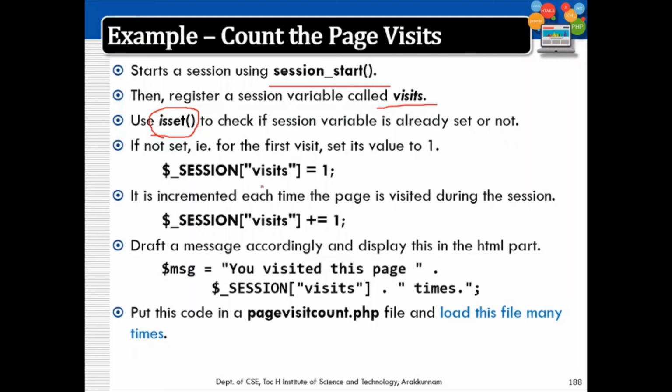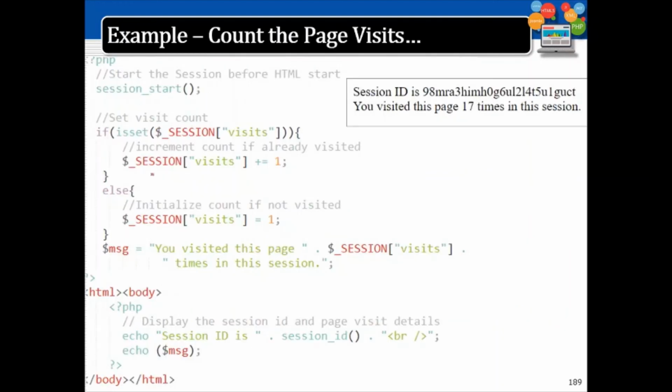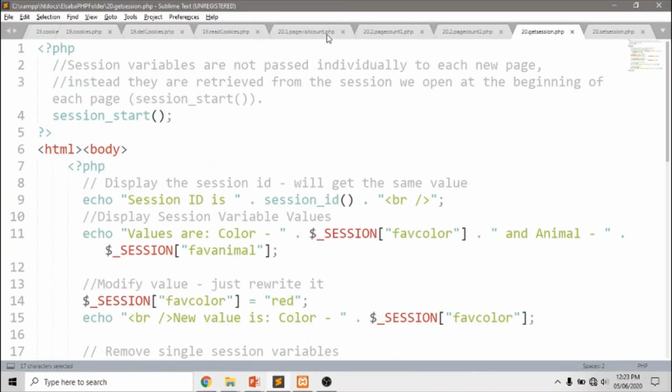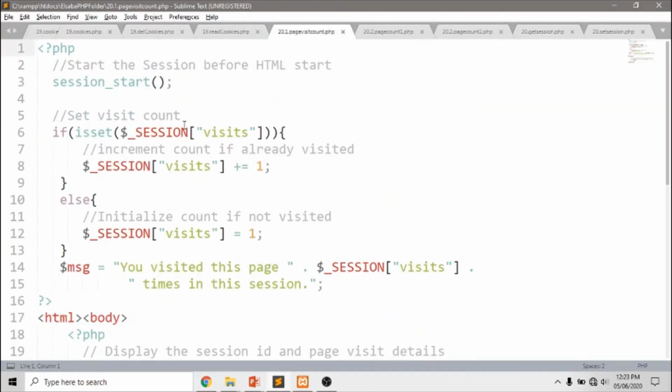If it is not set, it will be set to 1. If it is already set, it will be incremented, and it will print the message. So my page is page_visit_count.php. This is the example. The session has to be started.